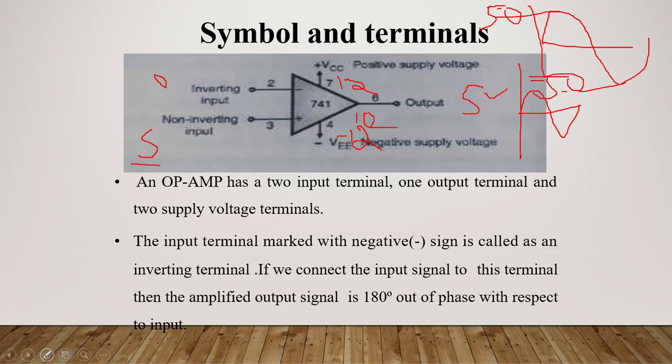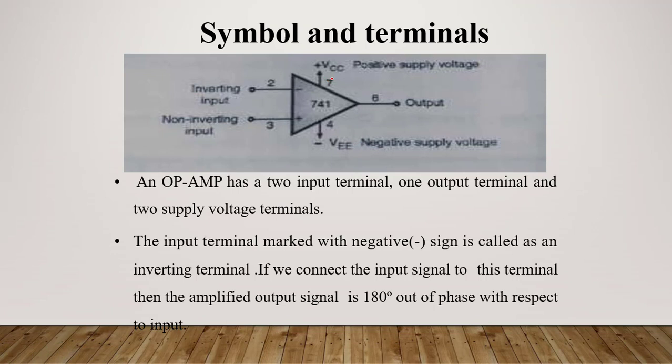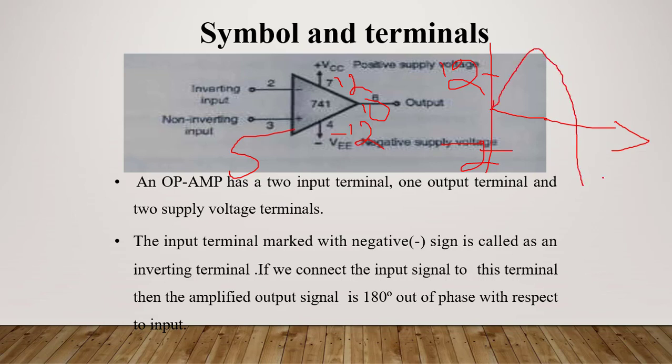But what happens, because of your power supply, the maximum is plus 12 to minus 12. So if you are given this particular 50, you won't get that 50, you are getting only up to plus 12 here and minus 12 only, the other portion you won't get. So you are getting something like this. Okay, only this portion you will get and the other portion is removed. This is the output you are getting.